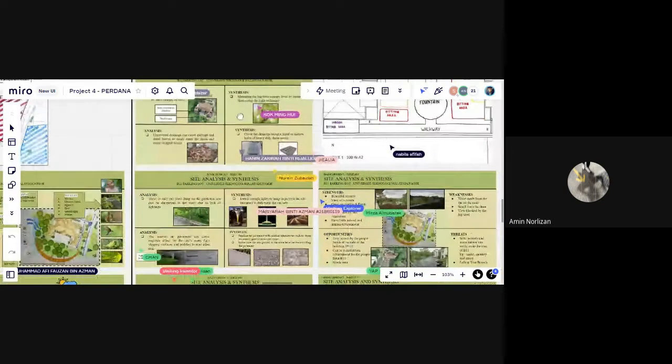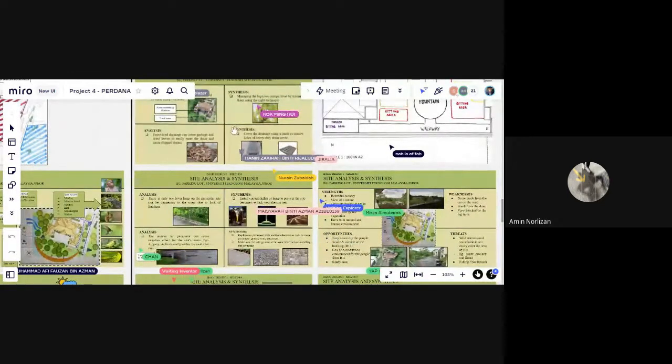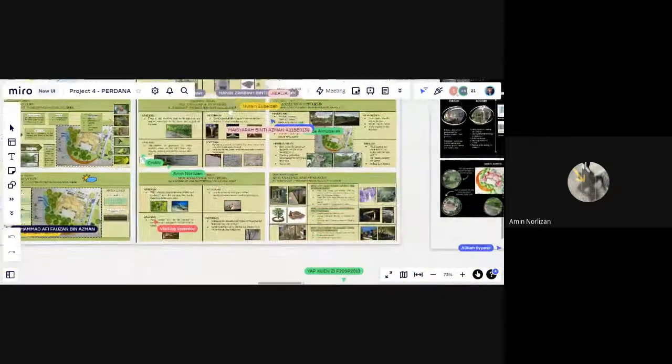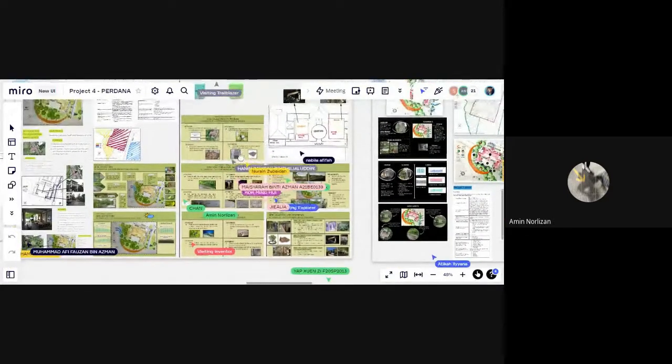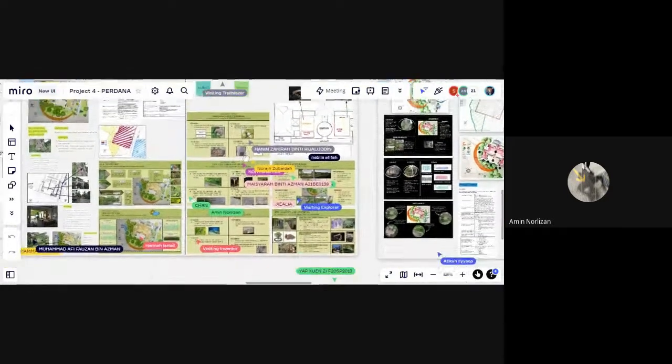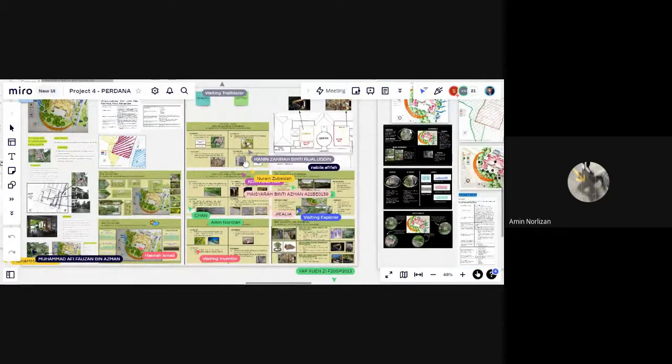And the third one is there is only one lamp in the site, and this can be dangerous to the users due to the lack of lighting. When we design this area, we want this area to be usable in the morning, evening, and also at night. If there is not enough lighting at night, this area cannot be used at night. So what we can do is install enough lights or lamps to prevent the site from becoming too dark